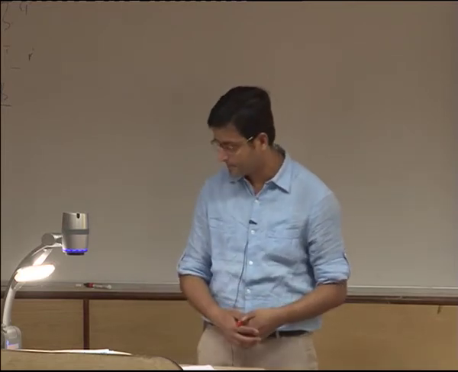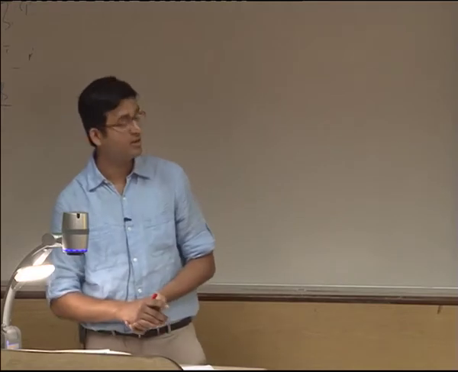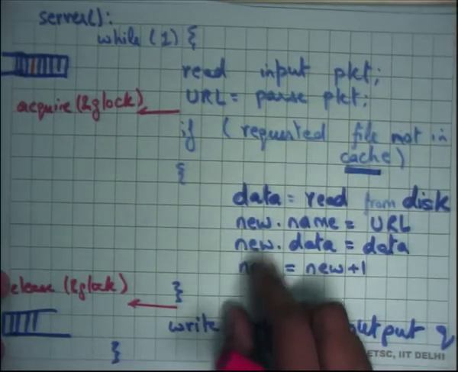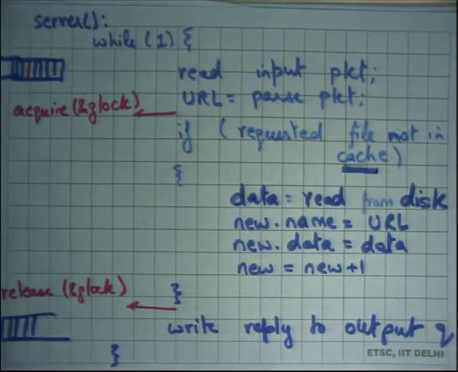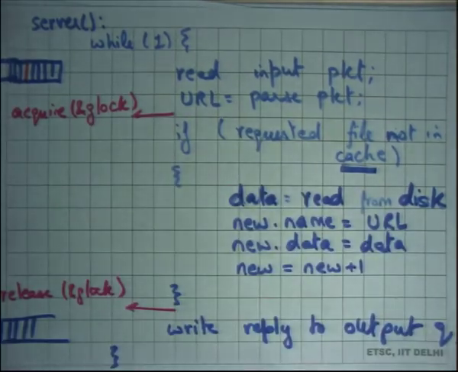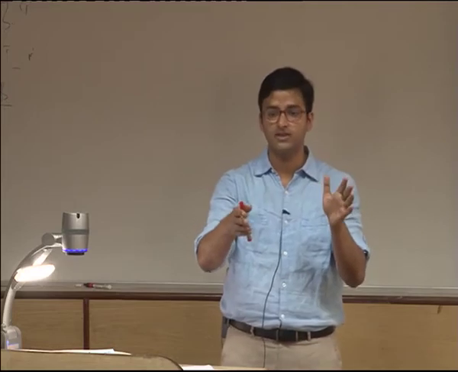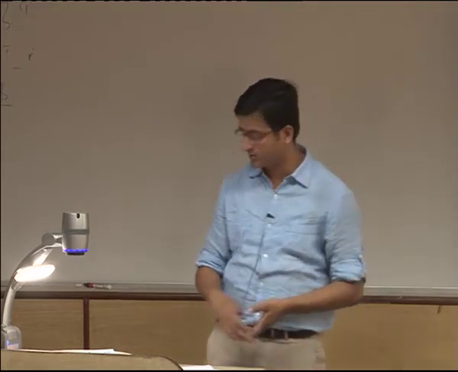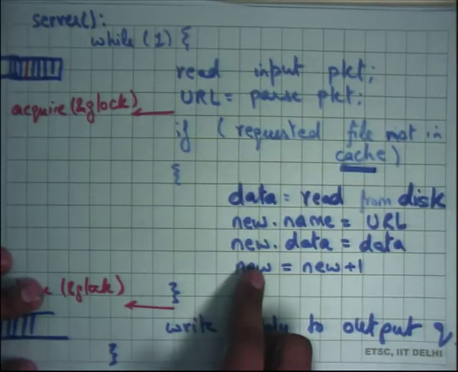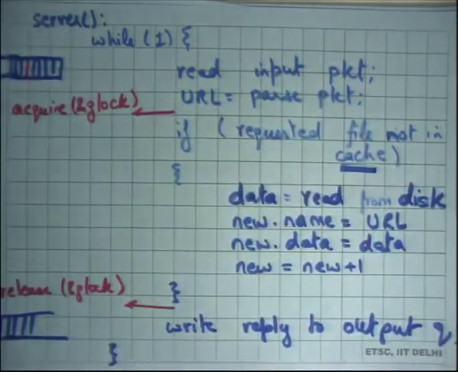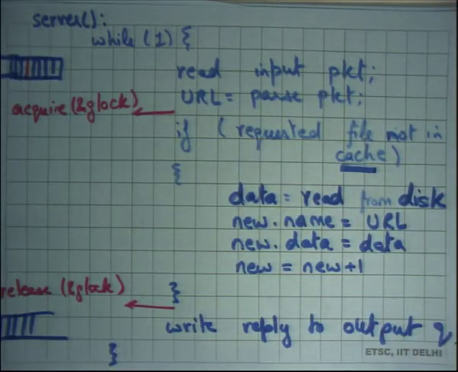So here's an example. We would definitely need fine-grained locking to have any benefit of concurrency. All right. And so what kind of fine-grained locking are you going to have? Well, what are the shared resources? You have these cache pointers, which are pages in the cache. You have the disk. The disk itself is a shared resource, right? So the disk shouldn't be accessed concurrently. Accessing the disk requires sending some commands to the disk using, let's say, in and out instructions. And so those in and out instructions need to be mutually exclusive. So the disk is exclusive. Each of these cache entries needs to be exclusive, and this check needs to be atomic with respect to the other operations here, right? And so what is the exact solution?